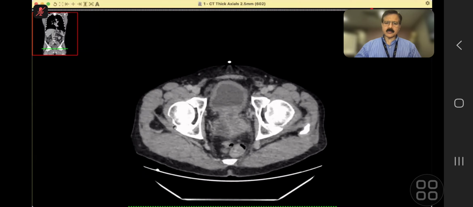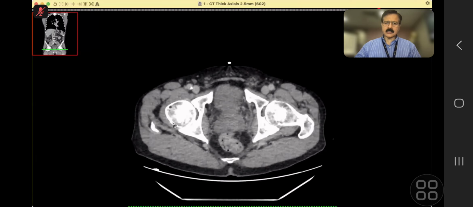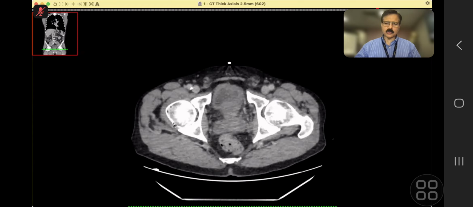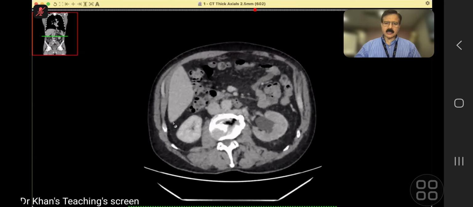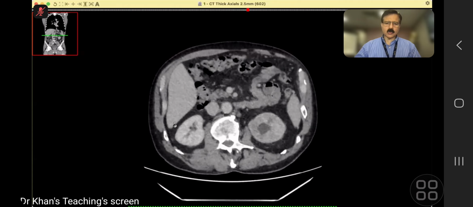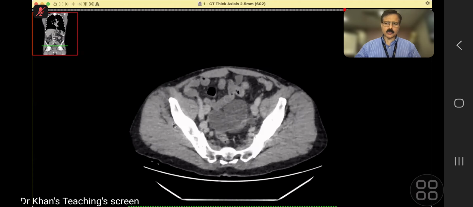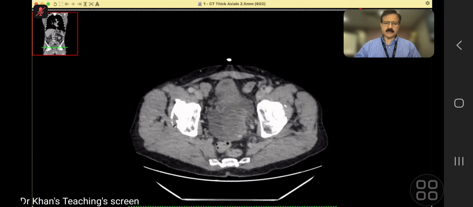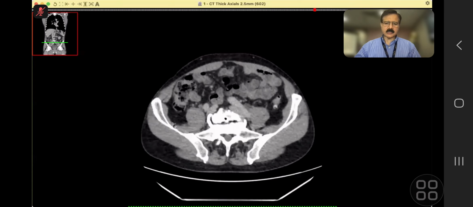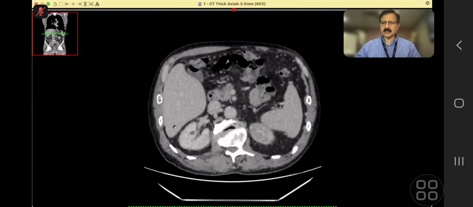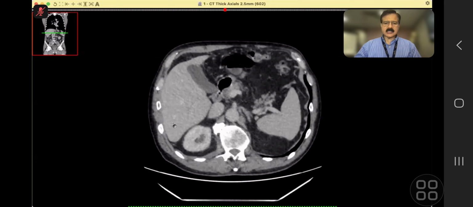In the exam, unusual presentations of usual tumors is one of the things which is popular, and they can show you because if it is not an unusual presentation, then it becomes very easy, right? So this is a case of,